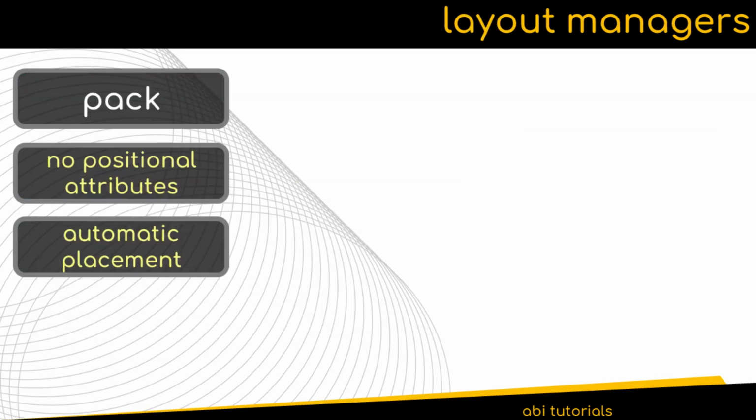Layout managers are nothing but how you place the individual widgets within the window. In tkinter, there are three main layout managers which determine how you place individual widgets within the frame. The first layout manager we are going to see is the pack. We have already used the pack in our previous example. It's the simplest of the layout managers and you do not have to specify the positional attributes for a widget if you use the pack function. The pack function automatically places the widgets in the space available within the window.